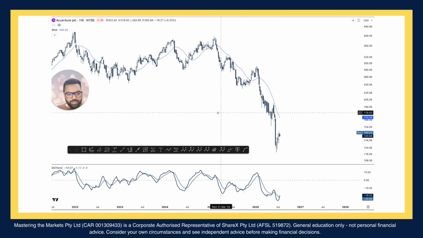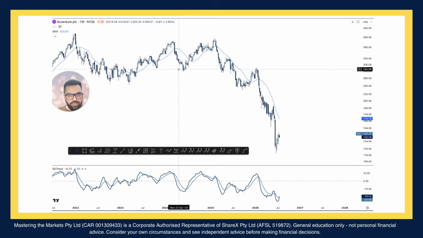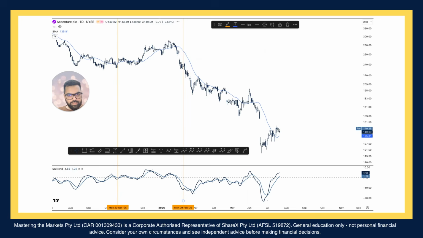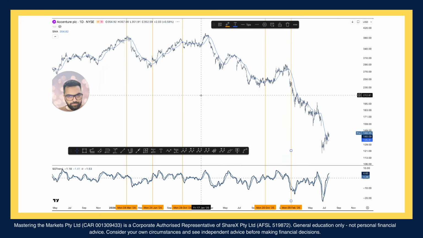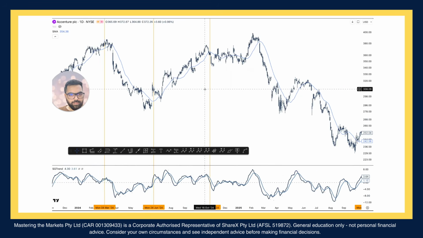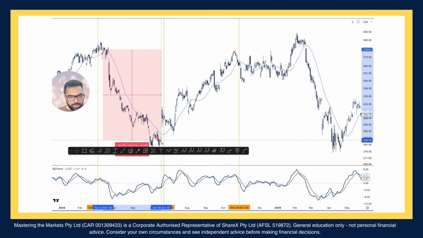So for example, this is the same stock, Accenture, and you can see these phases where the weekly momentum is in sell. Let's just mark it. I'll just use a vertical line. Okay. So now let's drop to daily. During this phase, if we get a fresh sell signal on the daily chart, we will treat it as a bearish signal. So here we got one signal right here, and this whole cycle lasted till about a 24-25% drop in the